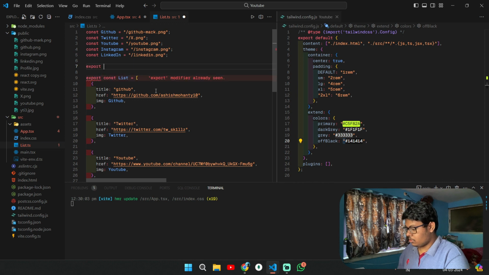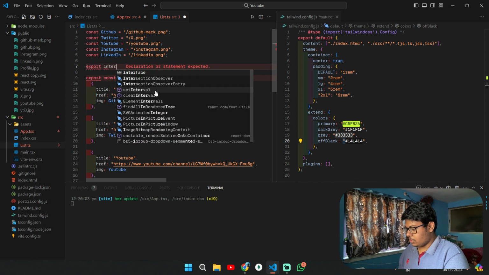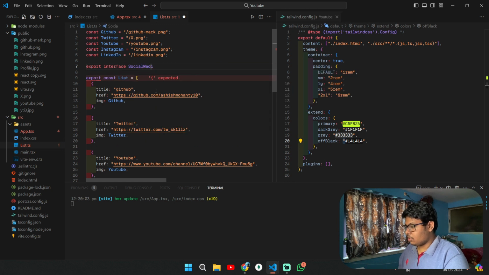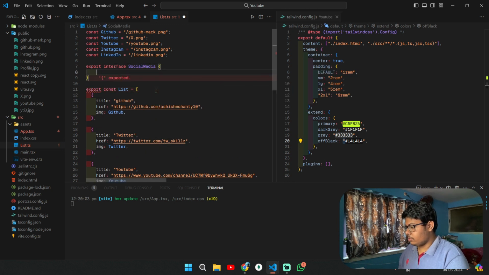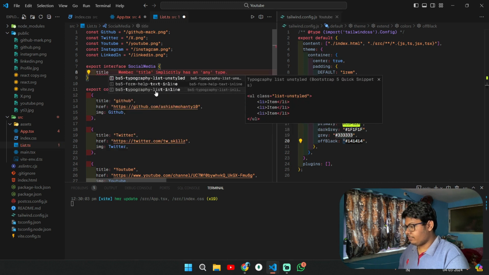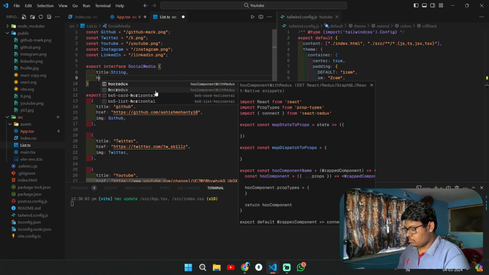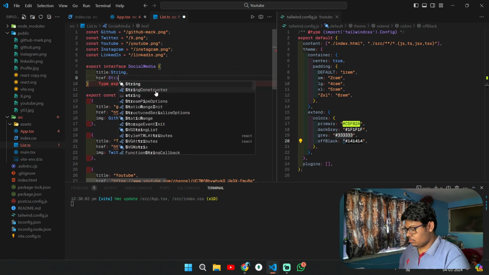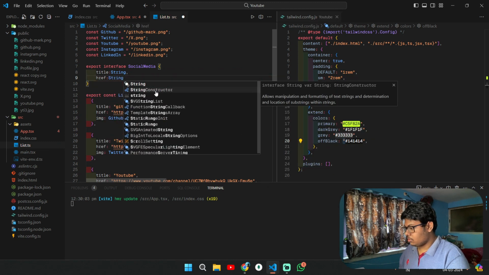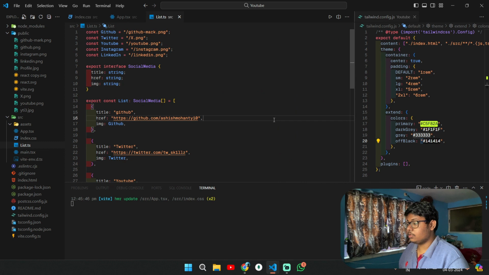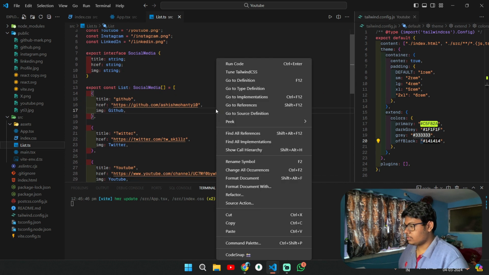So export interface. Let's give the name as SocialMedia. Right. Now what I can do is our title will be a string. Our href is also a string. Right. And our image is also a string. After some minor changes in my list.ts file, as we are using TypeScript, now let's save this and come back